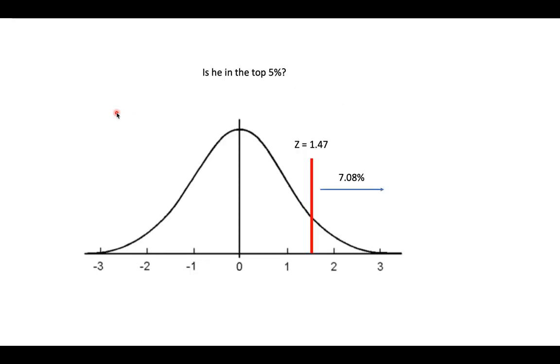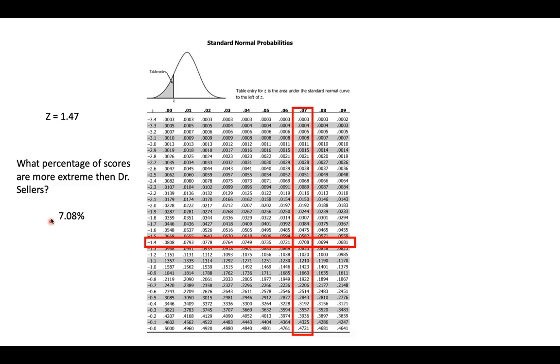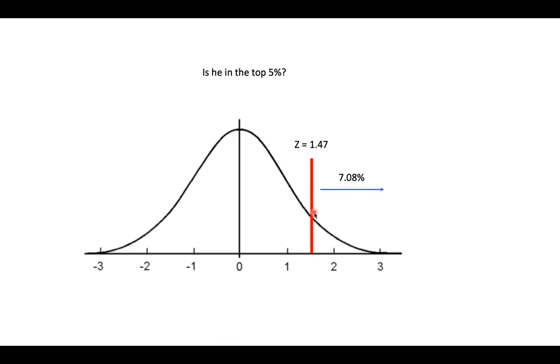So let's go back to our curve. I'm 1.47 standard deviations above the mean. The small portion of my curve is to the right. It's this part. So this value of 7.08 refers to the percentage of people who are smarter than me, who are more intelligent, right? Because that's my small area of the curve, is the area above me. So this means that